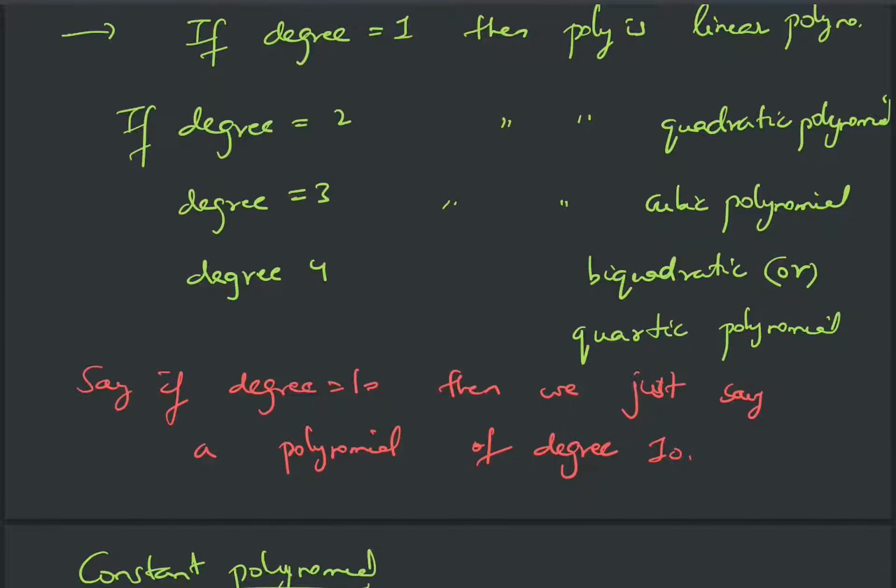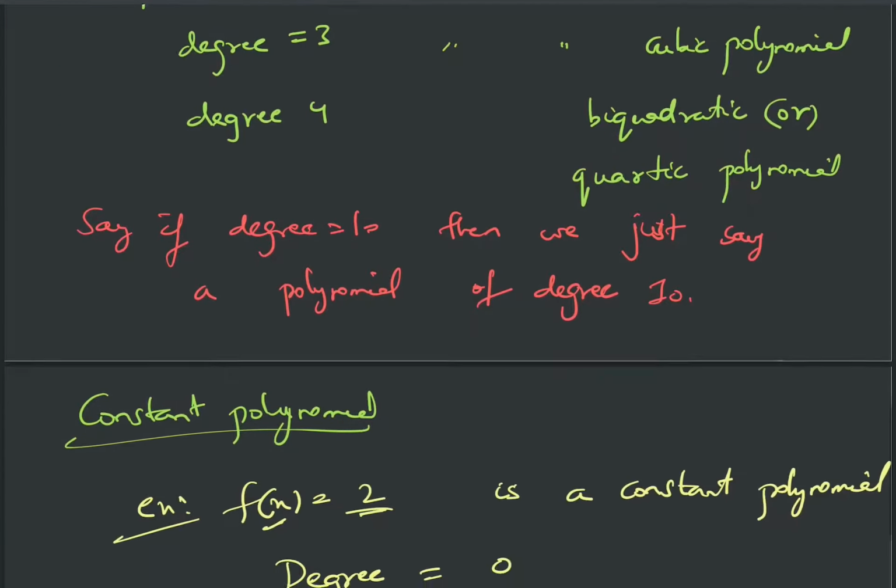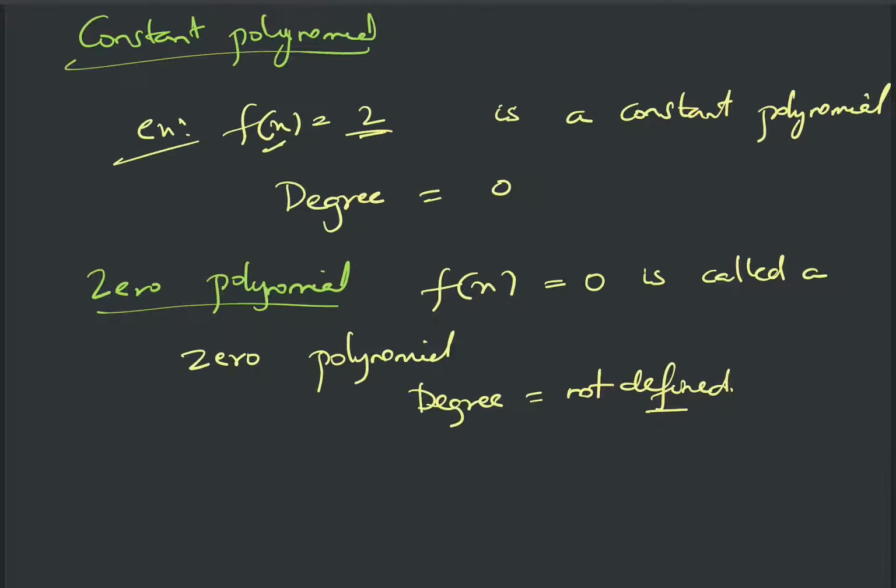So if the degree of polynomial is 1, then it is linear. If degree is 2, it is quadratic. If degree is 3, it is cubic. And if degree is 4, it is called biquadratic or quartic polynomial, right? And we have also understood what is a constant polynomial, right? Its degree is 0. And if f of x is equals to 0, that is for any x value the polynomial is 0, so it is called a zero polynomial, and degree of this zero polynomial is not defined, right? So if I ask you what is degree of a term 2, it is nothing but 0, right? Degree of this term is 0 because it is 2x power 0, but degree of 0 is not defined, right? So degree of zero polynomial is not defined.